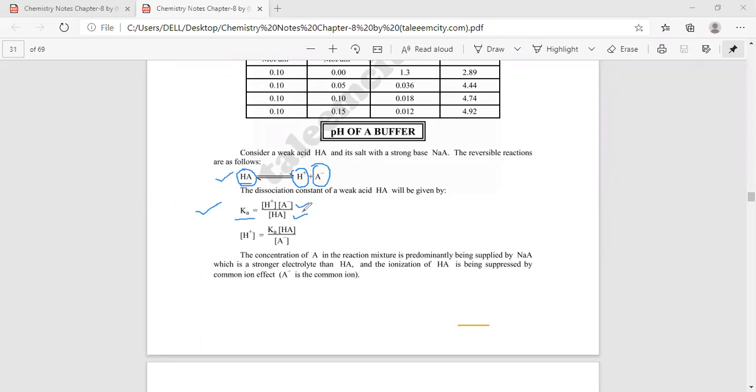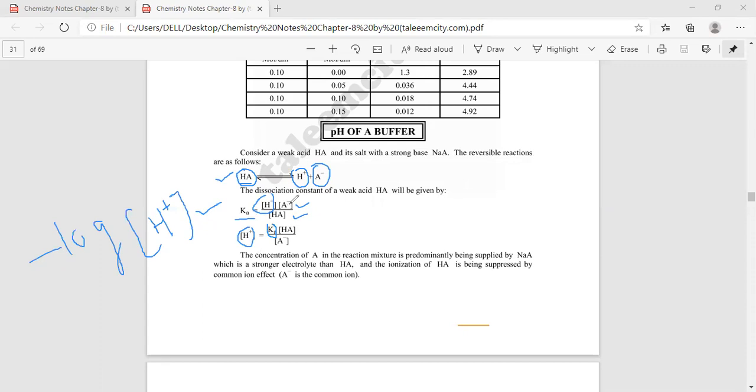We want to calculate the pH. We know that the negative log of the concentration of H positive ion will give us the pH of the solution. So we are separating the H positive ion here. So Ka is in a multiplication on the other side of the equation. Rearrange the equation. Here you can see we have to separate this HA, the acid. It is in a division, so on the other side of the equation it will be in a multiplication. So the acid is in a multiplication with Ka.